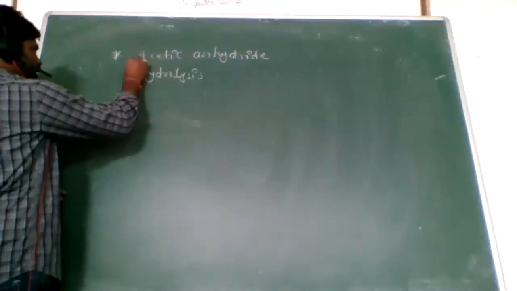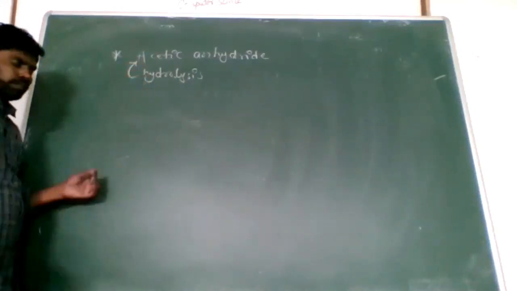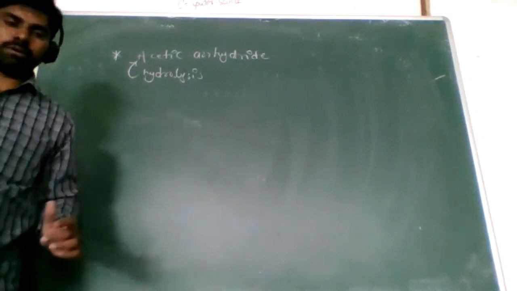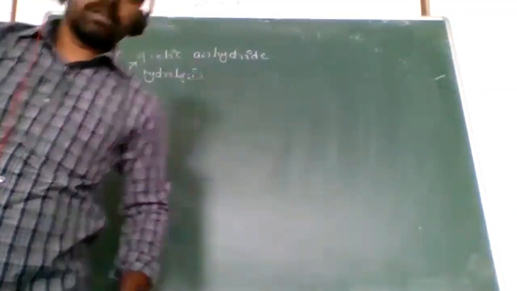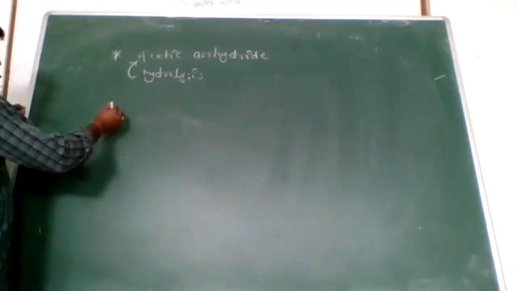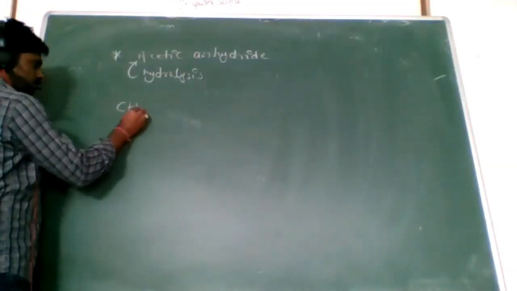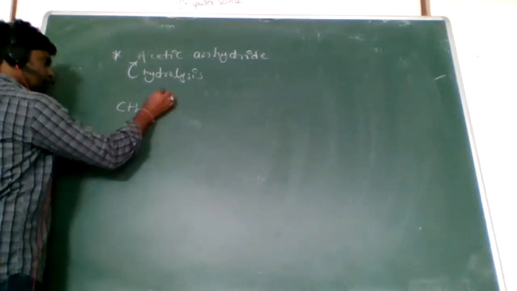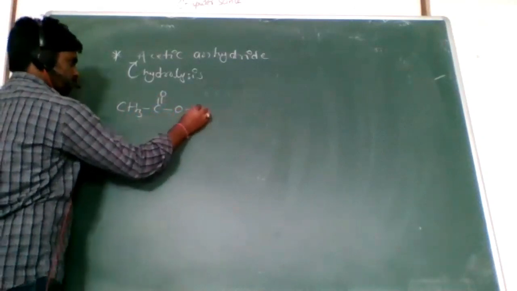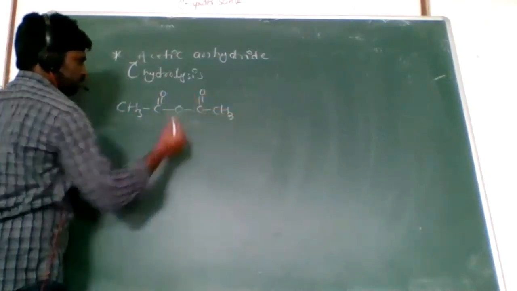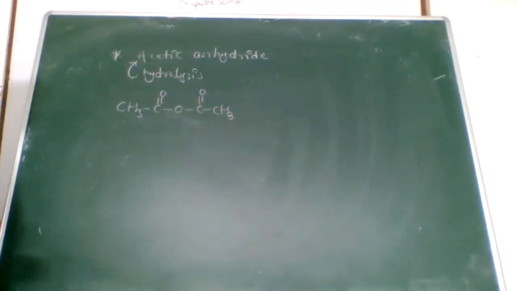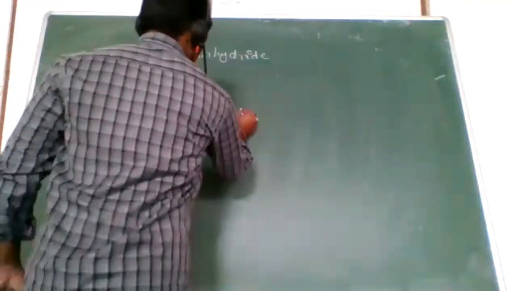Hydrolysis of acetic anhydride. Today's topic is the hydrolysis of acetic anhydride. Look at here. I'm taking acetic anhydride, CH3 C double bond O, O, C double bond O CH3. This is the acetic anhydride. So when you hydrolyze acetic anhydride,